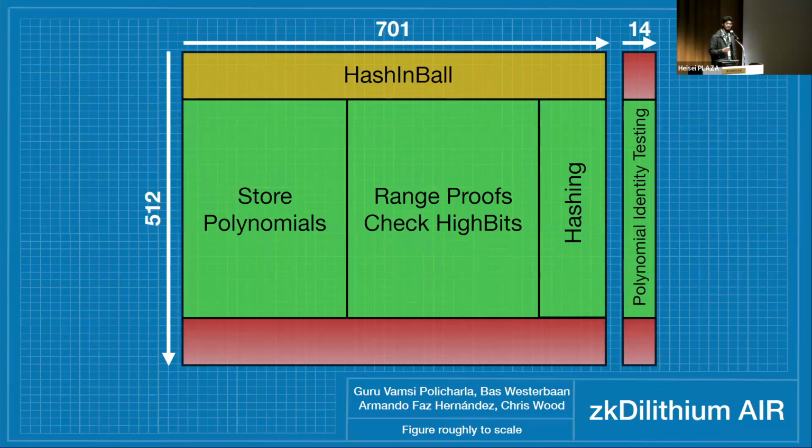When you do polynomial identity testing, you actually need a random coin, or just a random field element, on which you evaluate your polynomials. So the question is, how are you going to get this? What's actually happening here is, in this main table, you first commit to the polynomials, you do Fiat-Shamir, you get a bunch of random coins, and then that's what you use to do the evaluation in this auxiliary table. That's why I've done the separation.